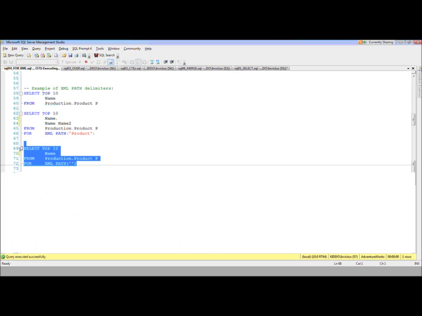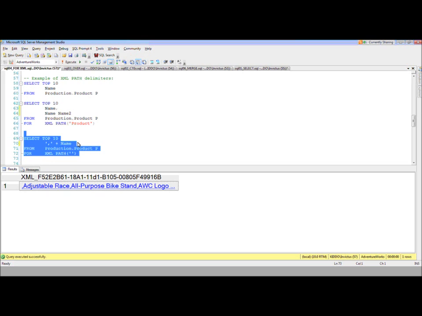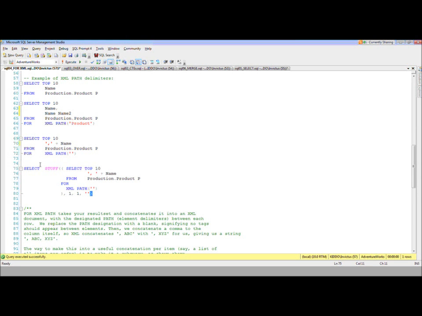The next thing we want to do then, and I'll type this ahead, is get rid of this name tag. How do you get rid of the name tag? Well, by getting rid of the column name itself. We would have to provide a column alias here, for those of you who are a little bit behind, single quote, comma, single quote, plus name, because by adding these things together, it no longer has a default name. Well, that's exactly what we want. We don't want it to have a name. And here we have our beautiful comma delimited list, and we're going to take off that leading comma with